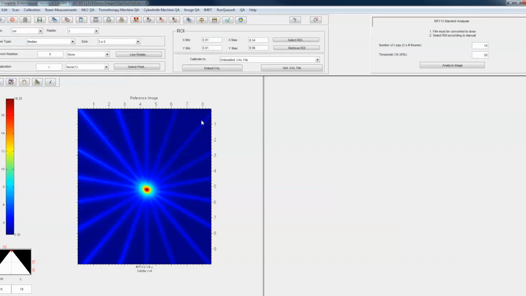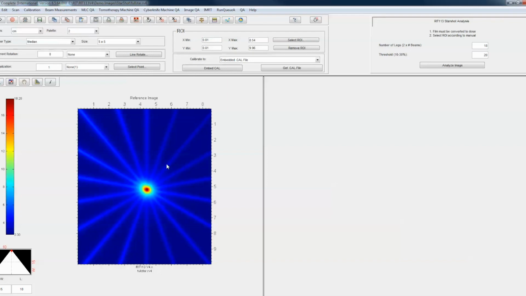And sometimes when we're measuring beams, the beam might not go all the way to the edge. Now this is a gantry star shot, and so this film is perpendicular to the gantry. So it's pretty easy to get all of these going all the way to the edge. However, if you were to do a collimator star shot or a table star shot, it may be that you would have beams in there that only went through part of the piece of film here. And so with that,